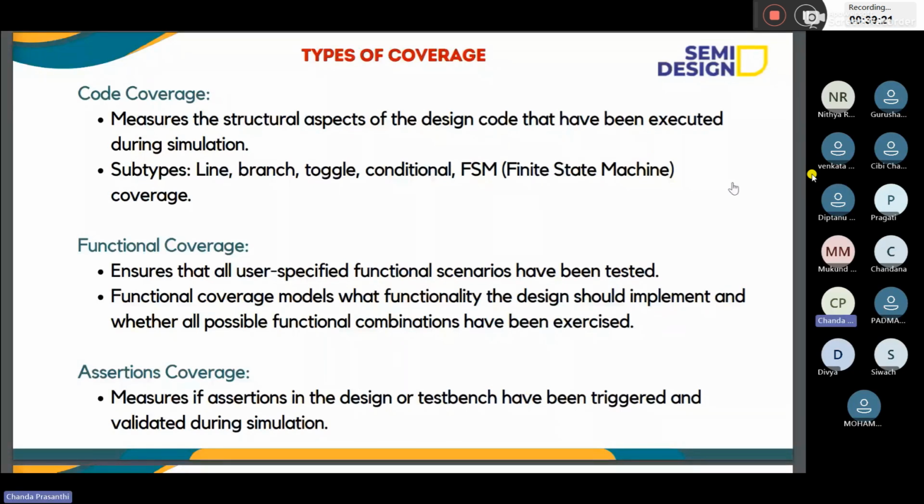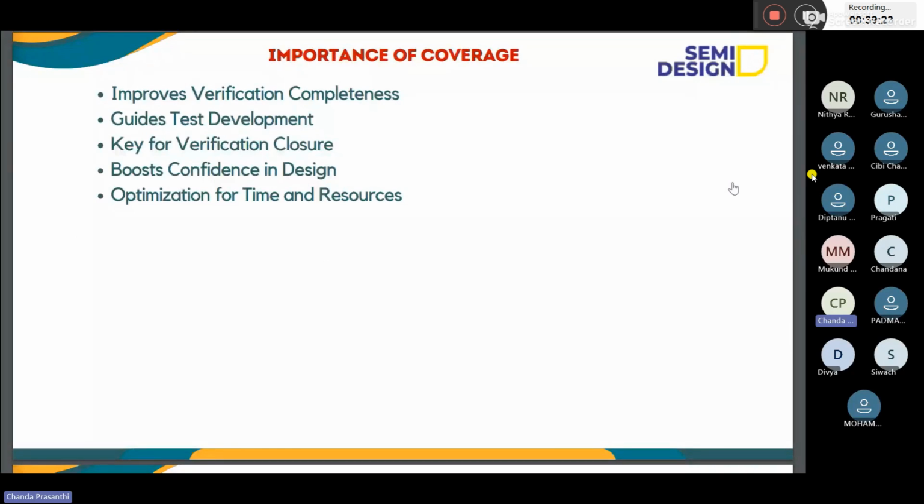Next, importance of coverage. You already know the importance of coverage, right? Can anyone tell me the different usages of coverage?